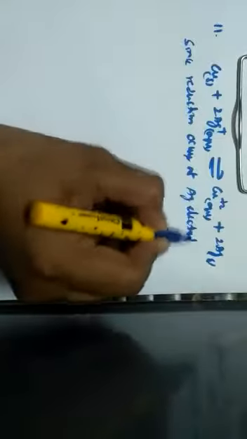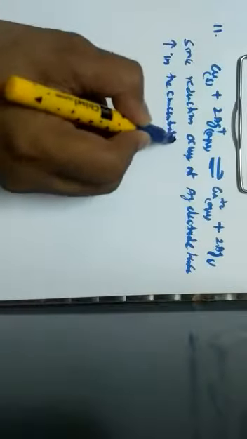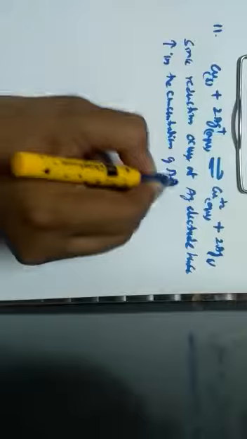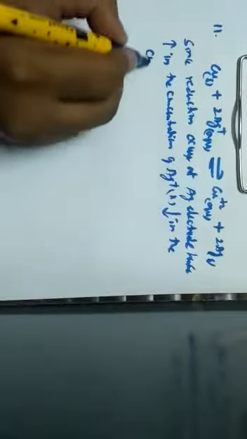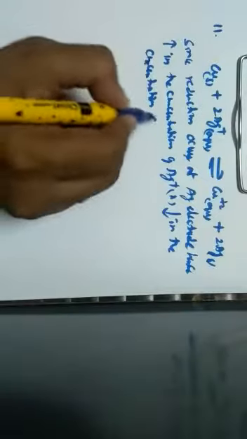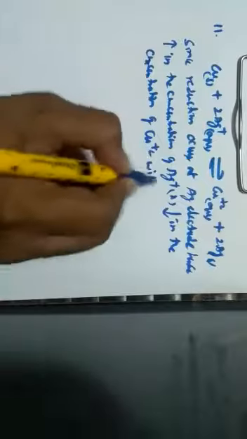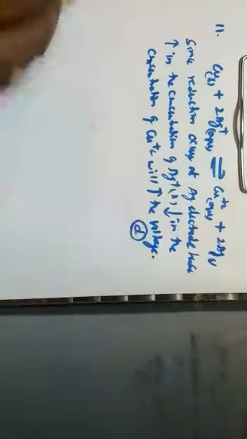the silver electrode, because silver is gaining the electron. Hence the increase in the concentration of Ag+ ion, or the decrease in the concentration of copper ion, will increase the voltage. By this we can clearly understand that an increase in the concentration of Ag+ ions will be the correct answer, which is given by option D.